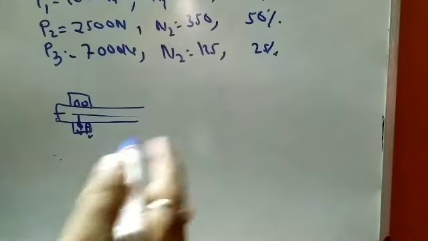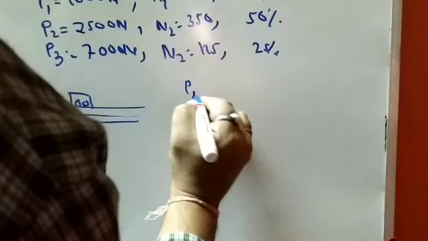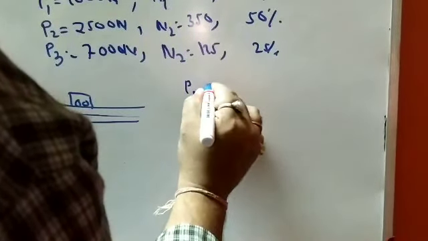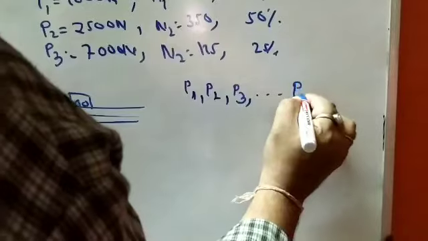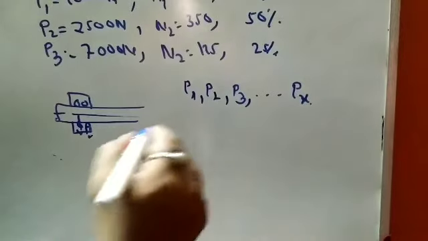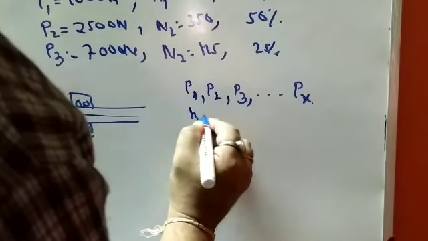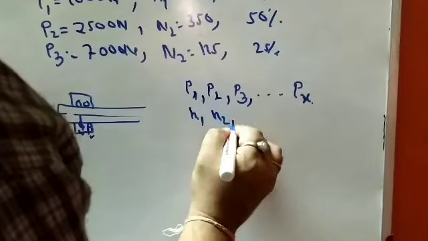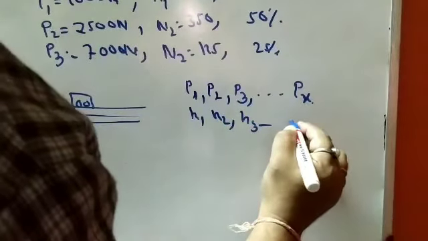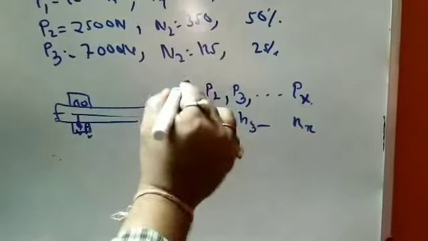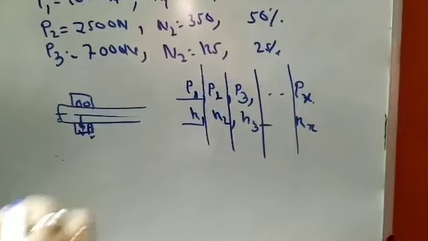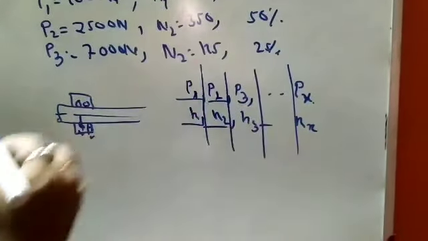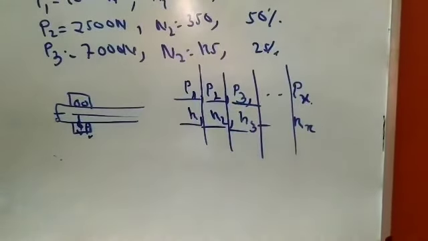If we break it into x components, different loads P1, P2, P3 up to Px can act on the bearing. Similarly, P1 can run at N1 rpm, P2 at N2 rpm, and P3 at N3 rpm, up to Nx rpm. So in each slot, the load P1 and N1 remain the same, the load P2 and N2 remain the same, and likewise P3 and N3. In this way the total cycle is covered.